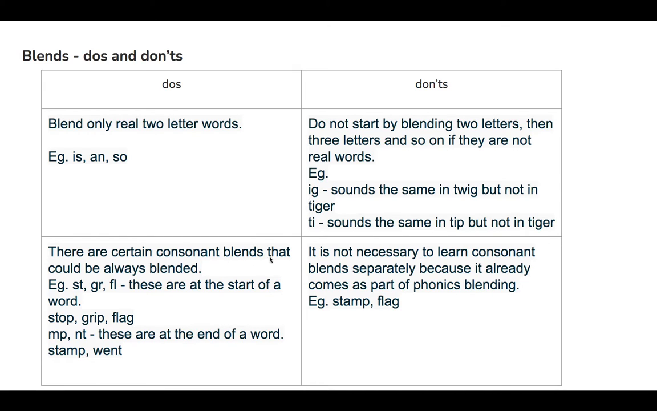There are certain consonant blends that could always be blended. For example, st, gr, fl. These are at the start of a word. Stop, grip, flag. And nt, mp. These are at the end of a word. Stamp, went. But it is not really necessary to learn consonant blends separately because it already comes as part of